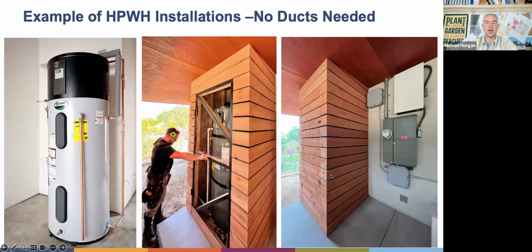And then the middle photo and the photo on the right are louvered, not a shed, but basically louvered closets, exterior closets. It might look fancy, but it's not even fancy. It's a bunch of studs and some 1x6 rough sawn redwood that we attach to the framing. We've also had somebody we worked for who had an old metal utility locker with louvers, and we put their system inside their house, with a big louvered door. So lots of different ways to tackle the task at hand, whether you're doing it inside or